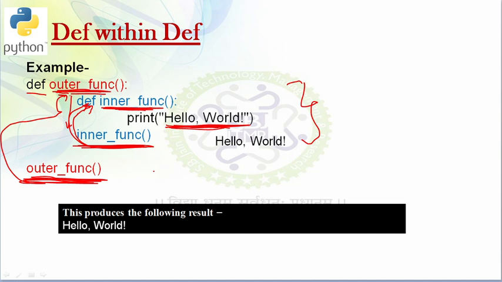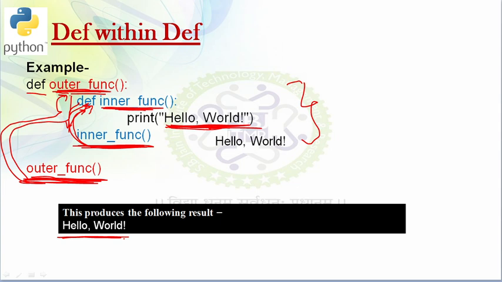So the enclosing function provides a namespace that is accessible to the inner function. So when you are using definition within definition, be very sure what you want to do and how you want to do it, and this def within def is very useful when you are using recursion. So recursions are the best example of definitions within definitions. Okay, so from this outer function we will be calling the inner function, and in that inner function we will print hello world. So this is all about today's lecture.